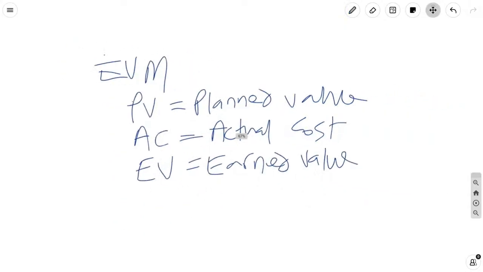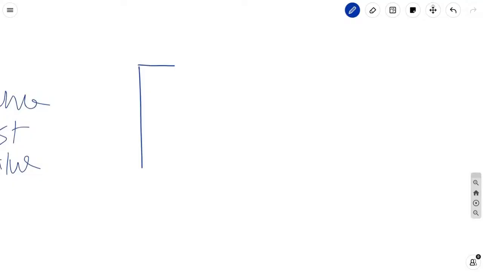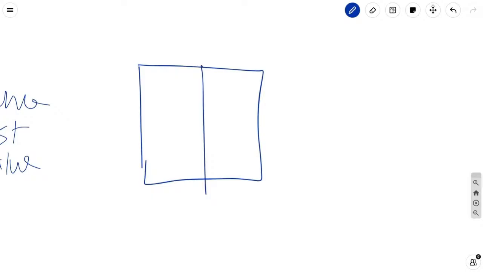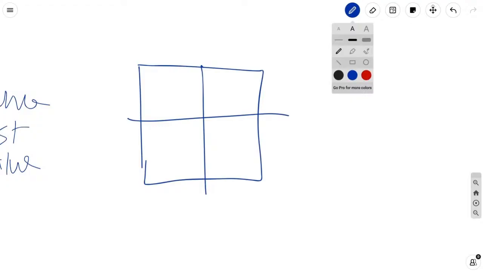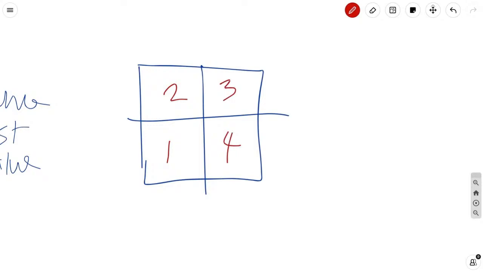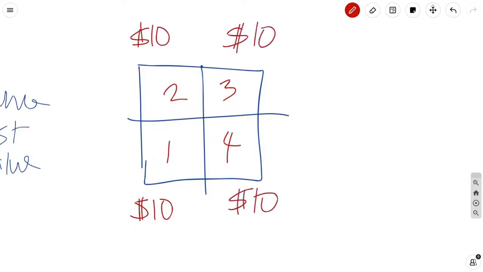Let me show you a very quick idea here. Let's say we are working on painting this wall, and because it's such a huge wall, you break it down into four quadrants. And your plan is as follows. Your plan is on day one, I'll do this, on day two, that, on day three, that, and on day four, that. And then management asks you, how much will this cost you? And then you do a detailed budget, and you find that for day one, it's going to cost you $10 to paint. On day two, it's going to cost you $10. Day three, $10, and day four, $10.